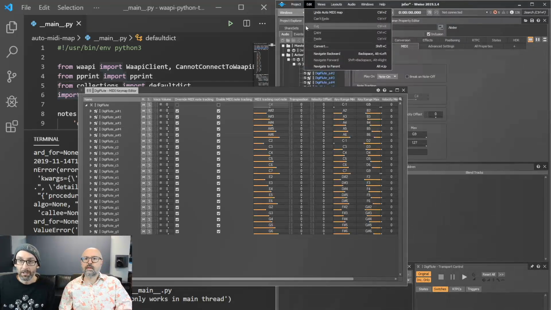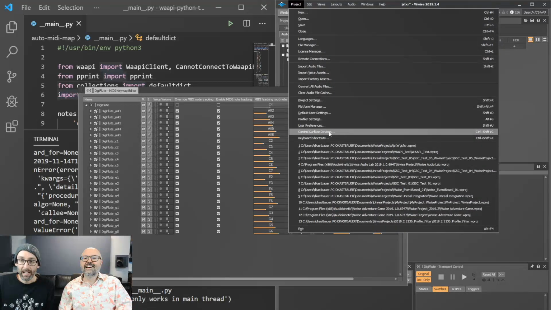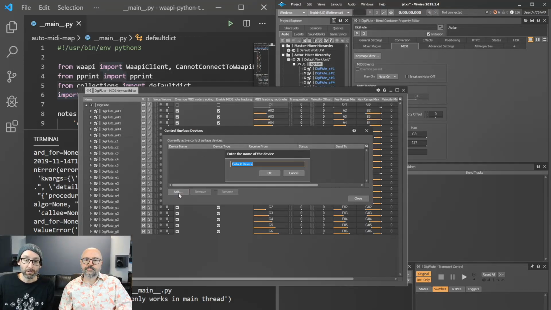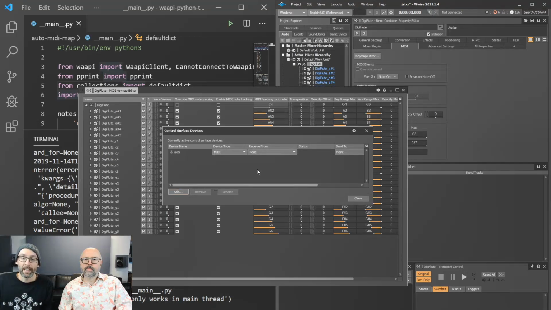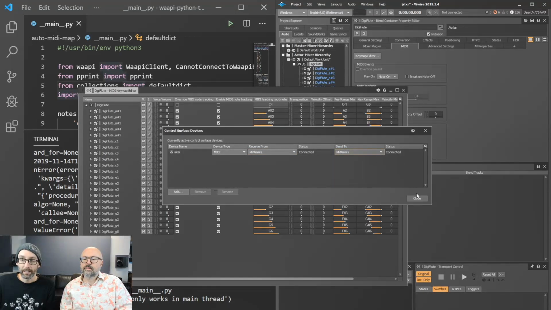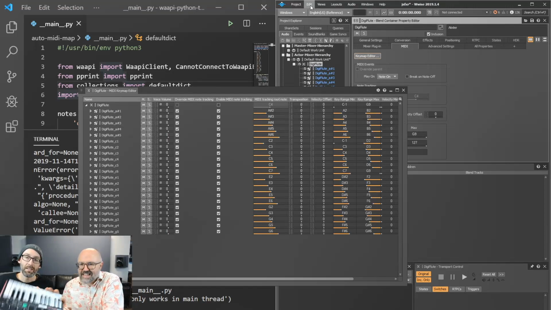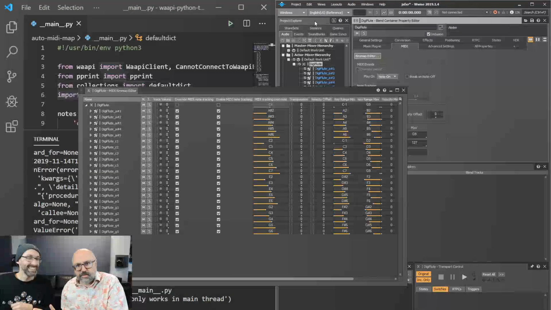So let's do it. To do that, the first thing to do is to register this device as a control surface device. So right now we have no control surface registered, so we create a new one. It's the API, and we say receive from this device. That's it. It already knew it was there, and it's connected and it's working. Okay, but there's like 10 more steps, right? What? No, there's not. It's just that easy. No, there's one more step. Give it to me.